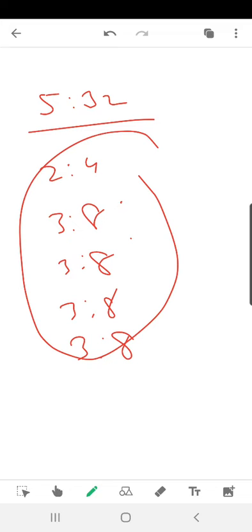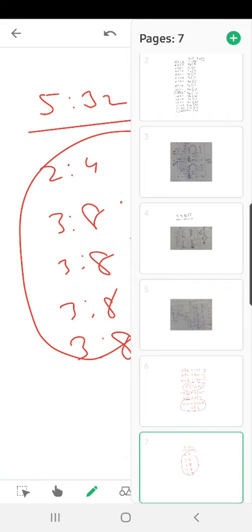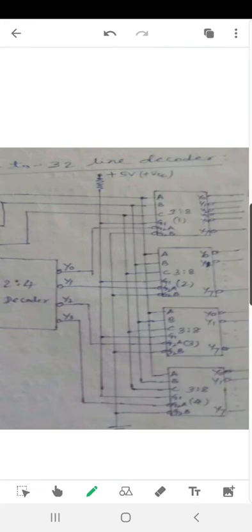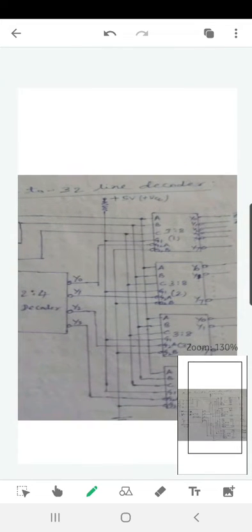So this decoder circuit is similar to what we studied in our previous decoder, the 4:16 decoder. We will study this decoder in the same way. This decoder circuit is a little bit complex, and to understand this circuit, let's move to its diagram. This is the diagram of our 2:4 decoder. This is the diagram of the 5:32 decoder.